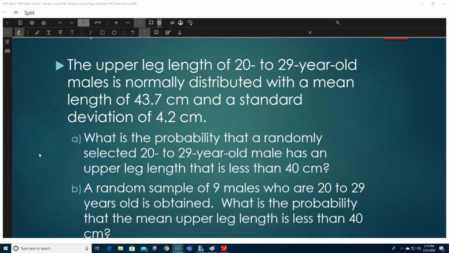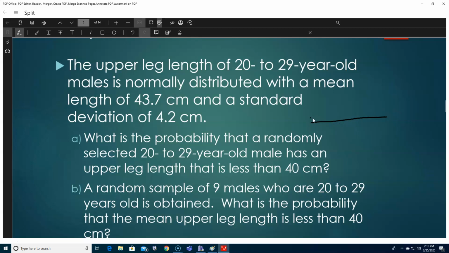The upper leg length of 20 to 29-year-old males is normally distributed with a mean length of 43.7 centimeters and a standard deviation of 4.2 centimeters. What is the probability that a randomly selected 20 to 29-year-old male has an upper leg length that is less than 40 centimeters? So for the first problem, we are simply trying to figure out